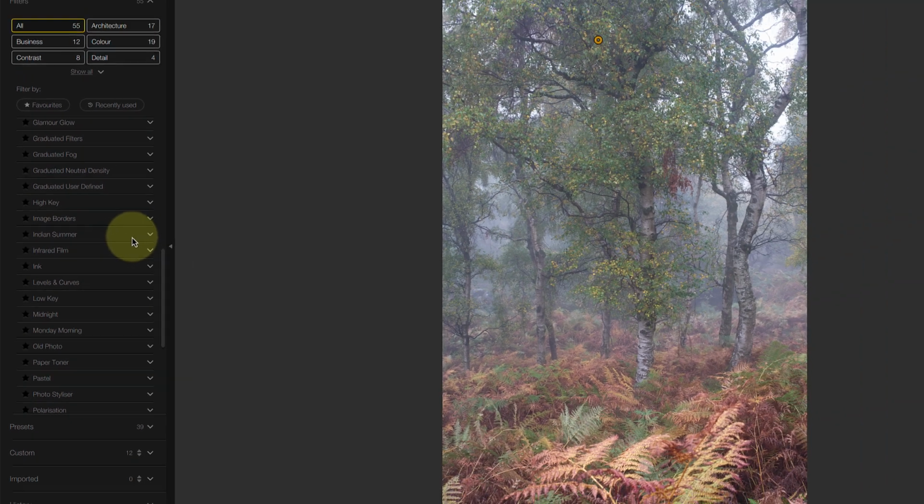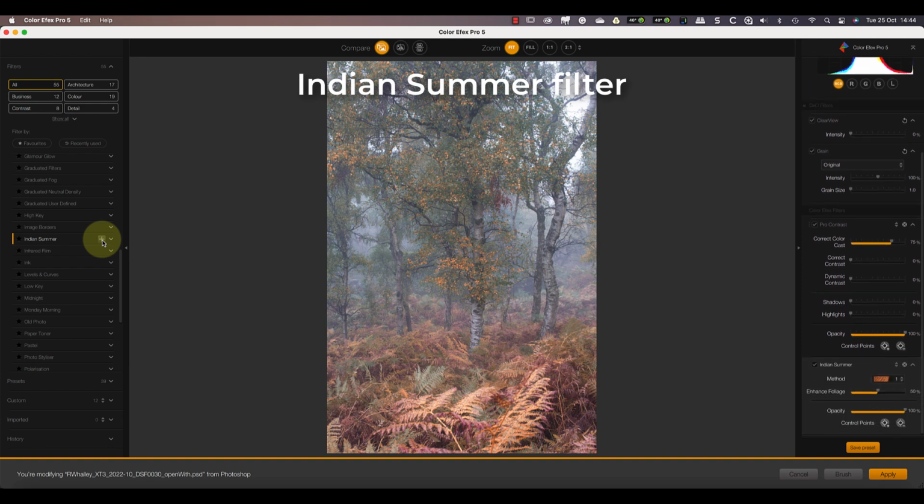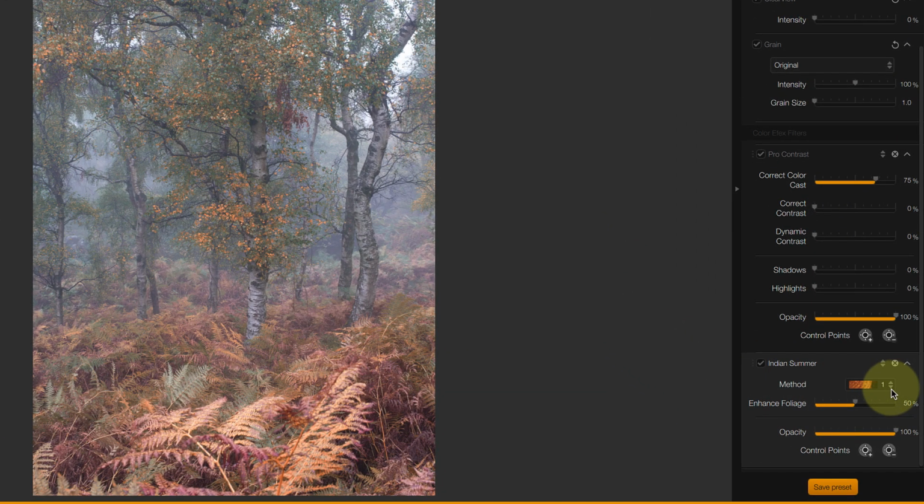The way that I'm going to do this is by applying the Indian Summer filter. When I add this, you can see that the green in the image turns orange. We can control this colour adjustment in two ways. The first is using the method drop down to pick a colour. As the leaves of the silver birch tree tend to turn yellow in autumn rather than orange, I'll change this to method 3. The other way to control the colour is using the Enhance Foliage slider, which controls the strength